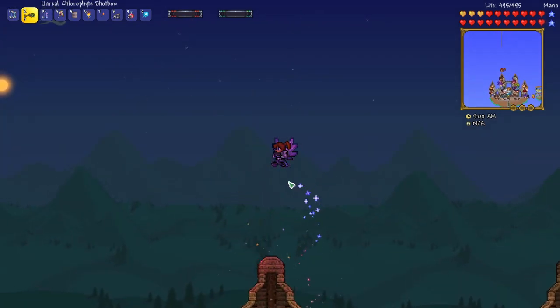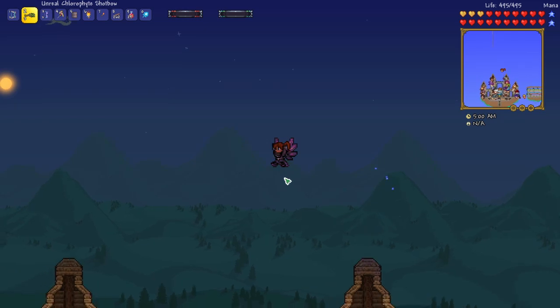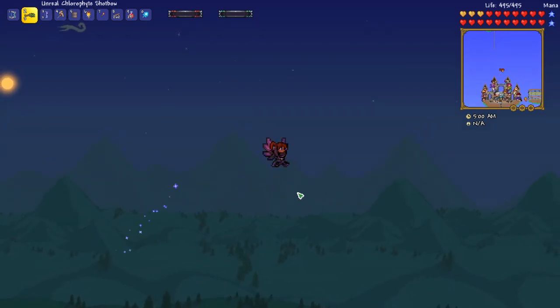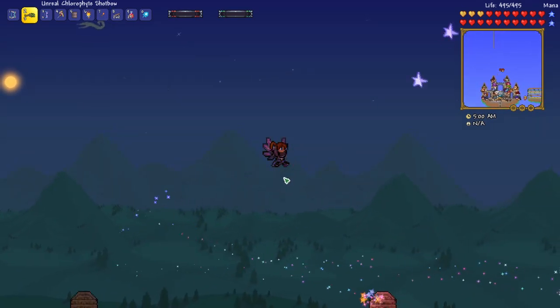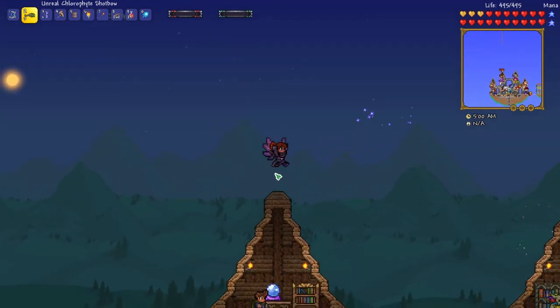Today we're going to start things off by heading over to the snow biome and fighting the Old One's army because I want to get a bow that drops from the ogre. And I think we are powered up enough now with our chlorophyte shot bow to be able to destroy the